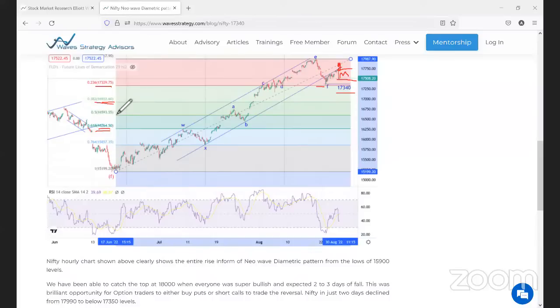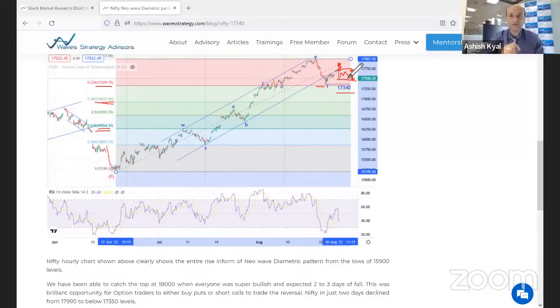Right now we have to observe whether the market goes above or below this range. It's a very simple way to look at it. In the last 4 days of the 5-day correction that started from near 18,000, not a single candle has closed above the prior candle high. This is a very simple technique, but not a single candle has in fact closed above the prior candle high. That is very important for everyone to understand.